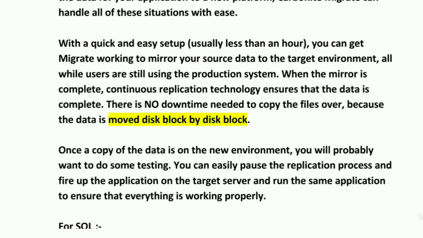It's doing block-level replication. I think it's a smaller unit of data, 8 KB in size. The block size is 8 KB, right? So it's doing block-level replication to move the data from the legacy to the target.